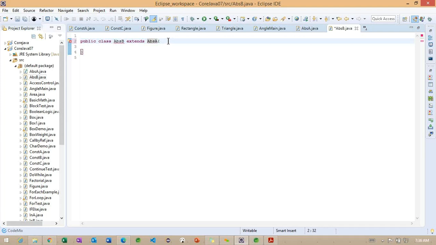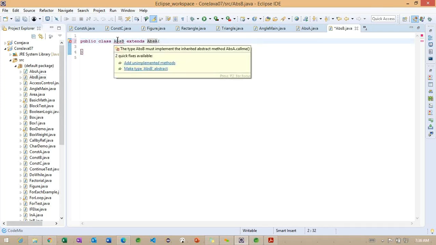So whenever this class is extended, now you can observe if I put the cursor on this particular class, we are going to have an error here. We'll see what is showing. The type ABS B must implement the inherited abstract method, or we can make this type ABS B abstract. So either we implement the abstract method, or we can make this class abstract.